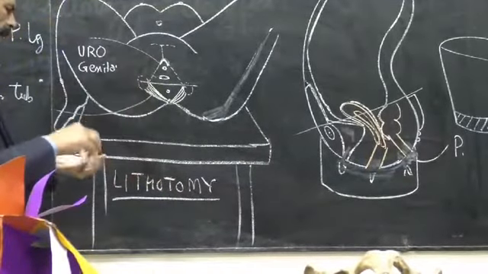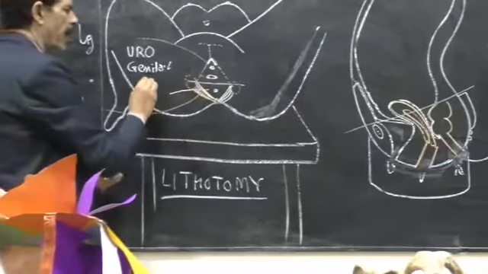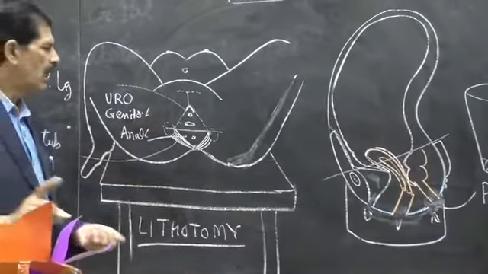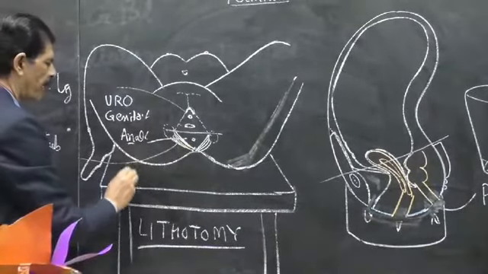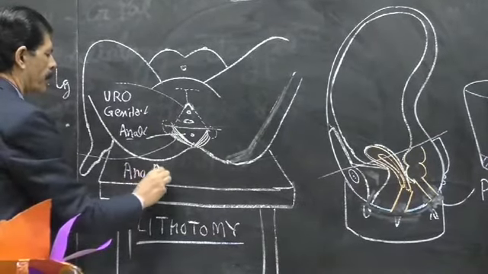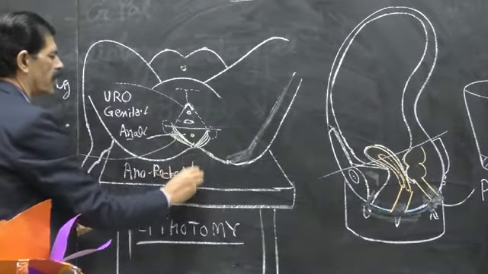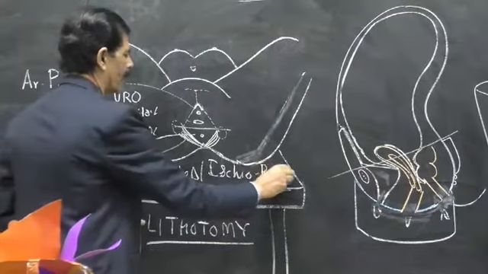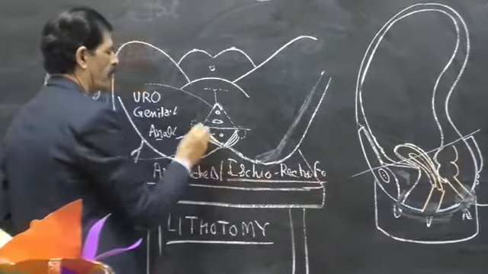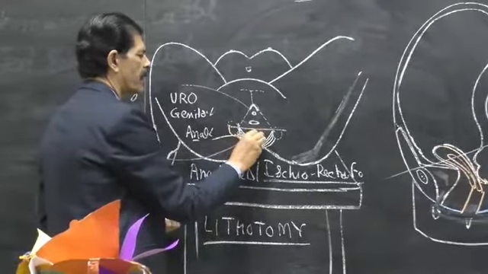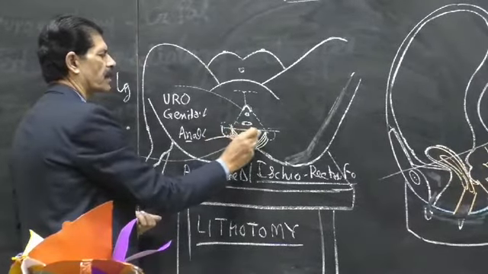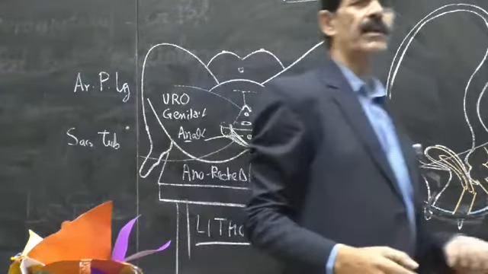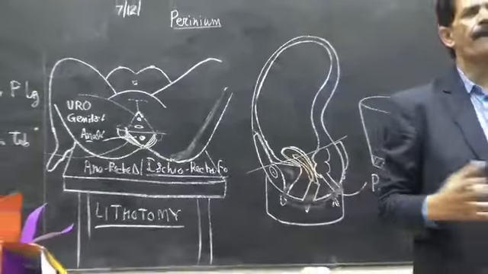So the urogenital triangle and the posterior triangle, this is the anal triangle, because only the anus opening is there. And this anal triangle is also called the anorectal triangle, or also called the ischiorectal fossa. Because on one side is the ischium, on the other side is the rectum. So this is the ischiorectal fossa. So this is how we finish the perineum into two triangles, the urogenital and the anal triangle.